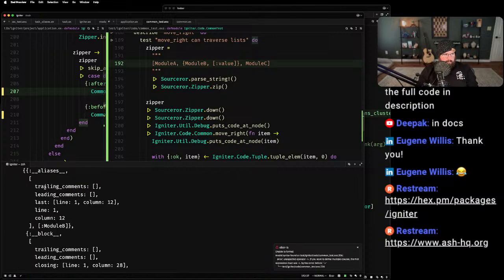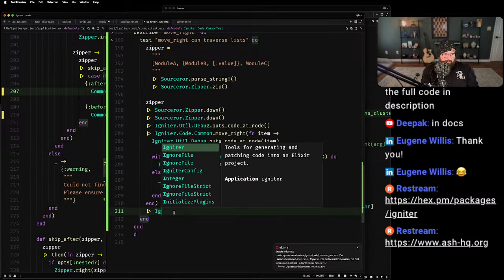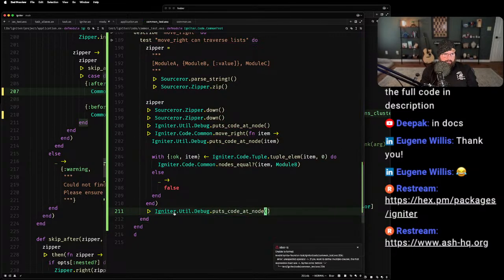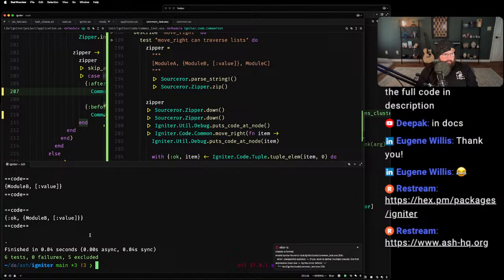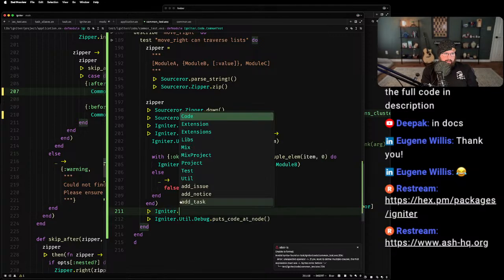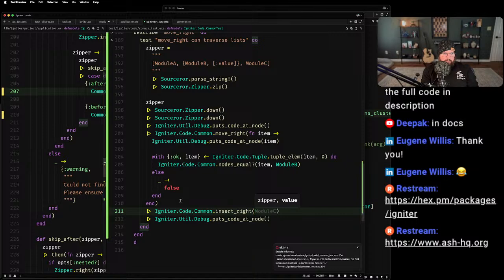It's a block alias. Yeah, that is what this is. If I change this to, yeah, okay, well, I guess the real trick then is igniter.code.common.insert right module middle.